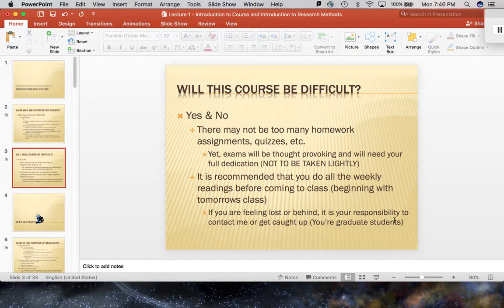So a lot of the things that I'm going to present in my lecture slides for you all are not necessarily straight out of the textbook. That would be a boring class. Rather, what I do is I take the book and I use it to supplement my lectures. In other words, I've created my lectures based on all this other material that I've read over the years,